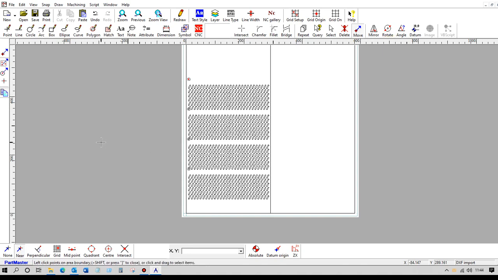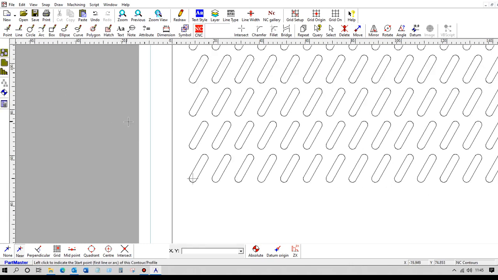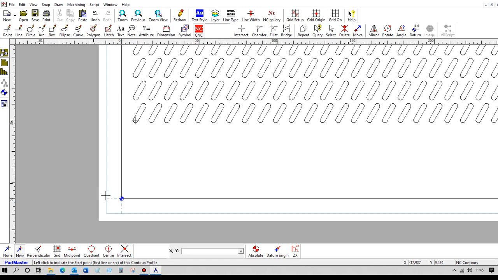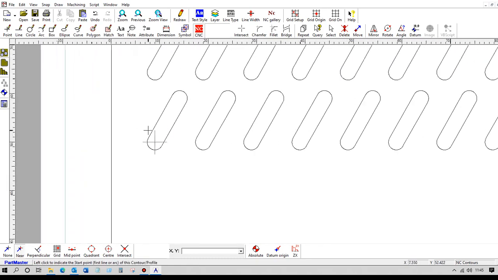But if you have something like this, it means then that you would have to create a contour for every one of those features, which might be a little too laborious. So what we can do is, if I just zoom in on this bottom area here, if I just create a contour of a single entity, so I choose NC, I can set my datum position to where I want it to be, so it might be down here, and then I can create a contour of this shape here,